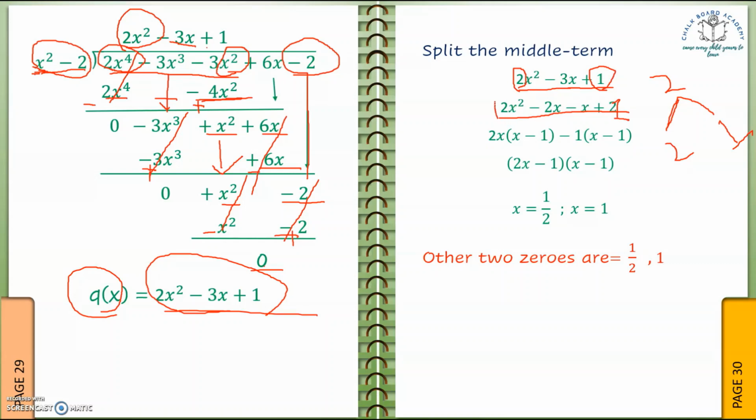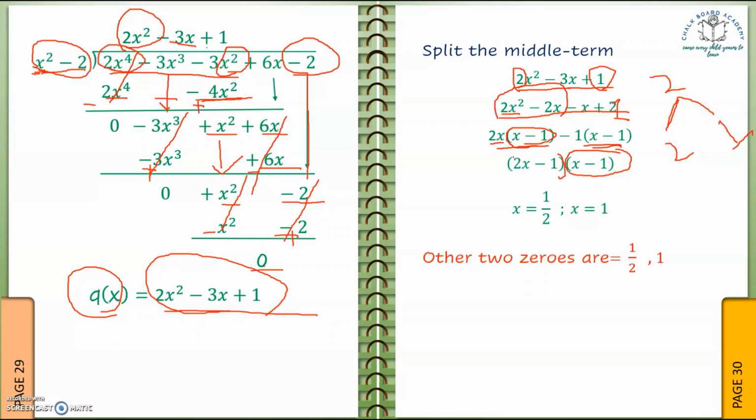Now from the first two terms, we are taking 2x as common. From the first term we get x as remainder, and from the second term, 1. So x minus 1. From the last two terms, we do not get anything common, so we are taking minus 1 as common. So we get x minus 1 as well. Now there are two terms left, 2x into x minus 1, minus 1 into x minus 1. In these two terms, x minus 1 is common. So we have taken x minus 1 common, and we are left with 2x minus 1.